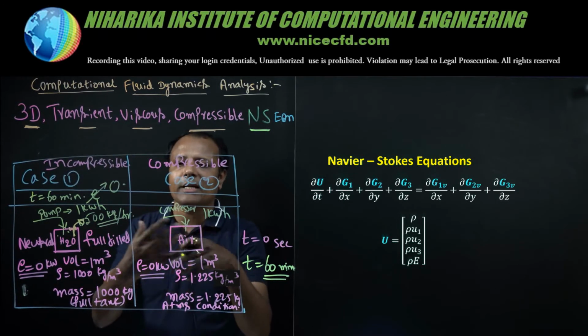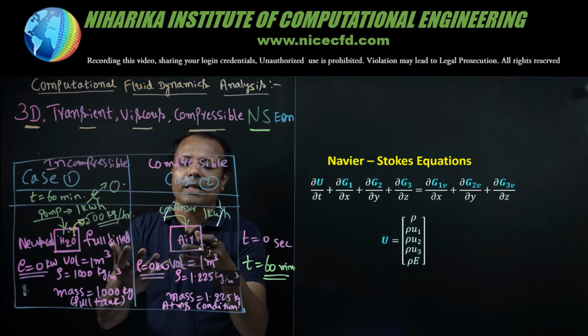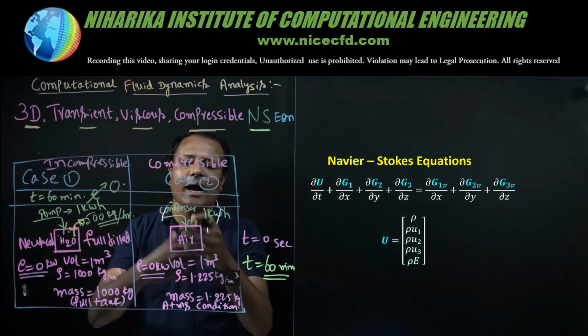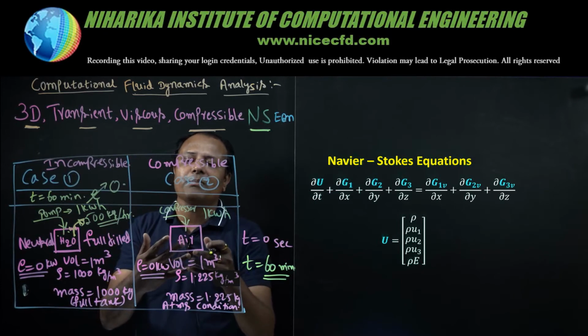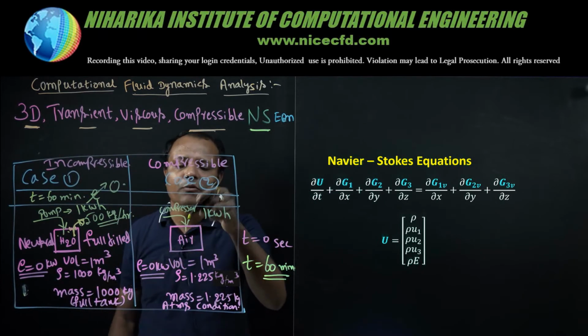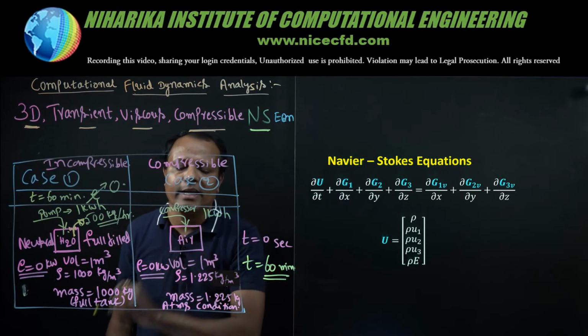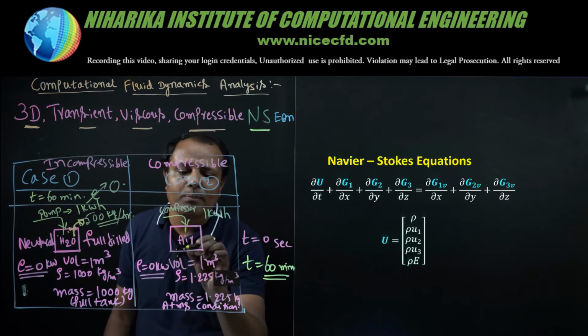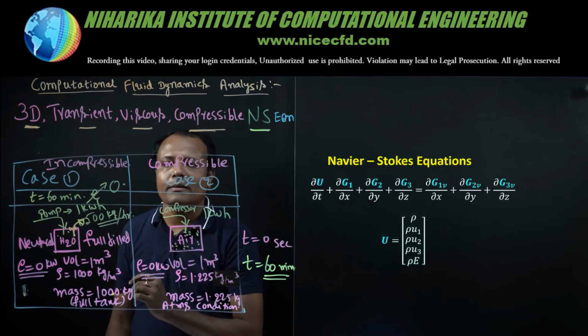A reciprocating or some rotating impeller adds energy, taking calm air from the atmosphere, increasing its pressure, velocity, and all other things, and forcibly pushing it into the tank. Because air is compressible, that means density is a variable, we can pack a larger amount of air in the tank.